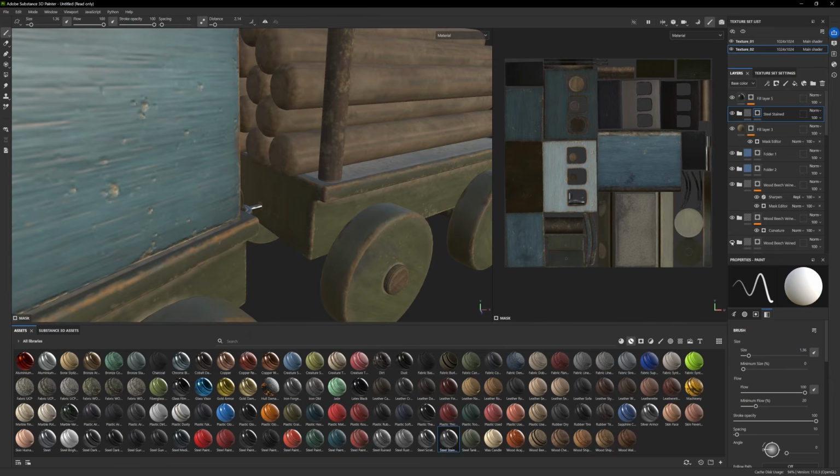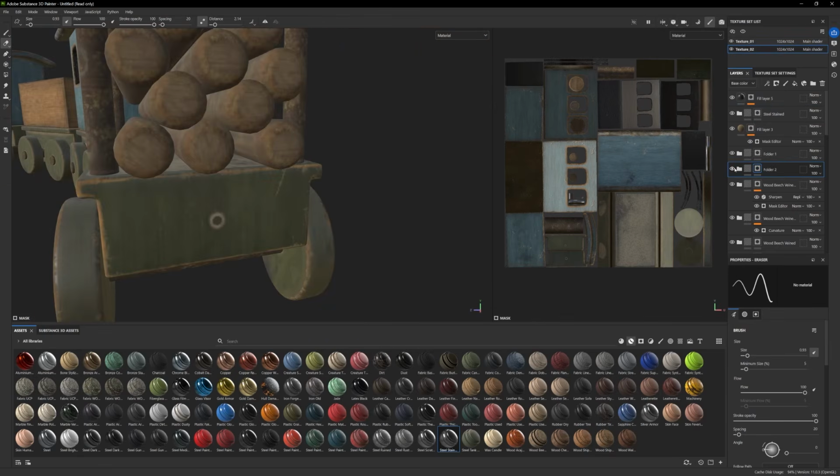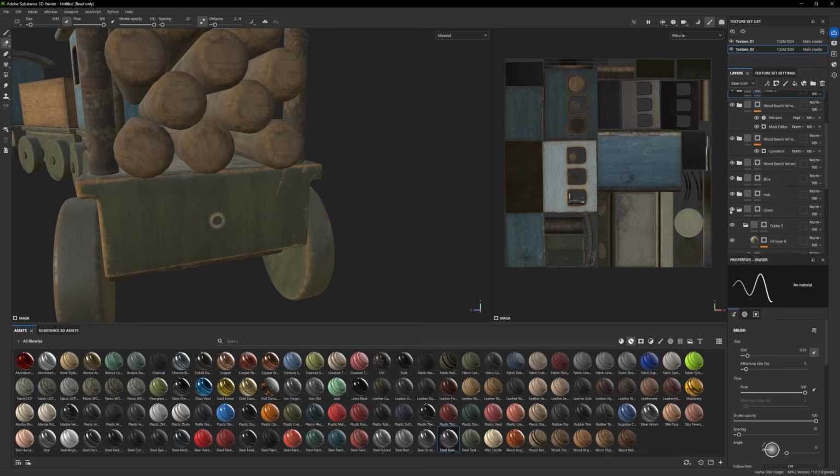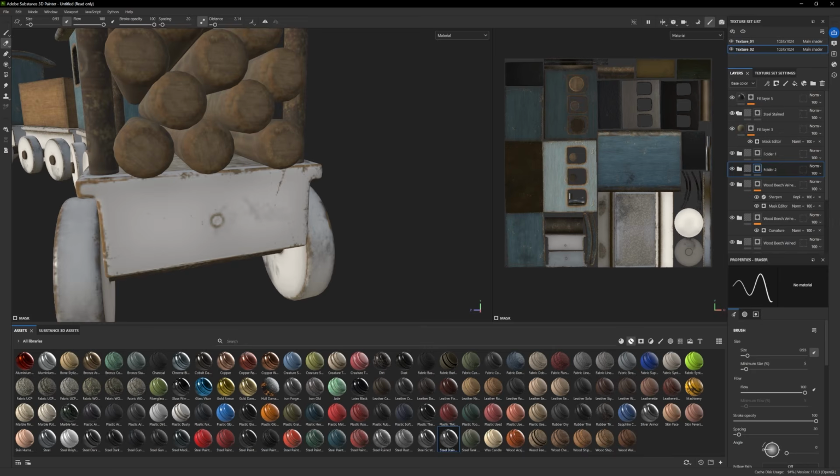But if they're in folders, you can go through and just erase on the spot so you can see which ones are really affecting it. So let's find the culprit. It's one of these. That's a good way of seeing it too. Turn off the green, and now you can really see